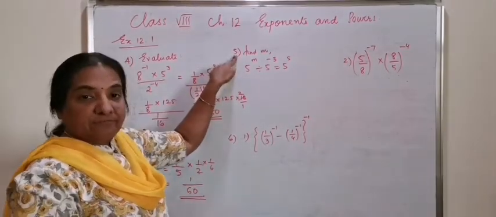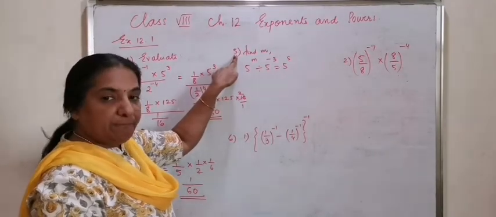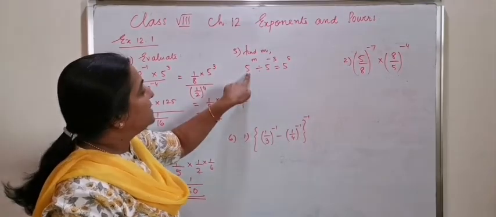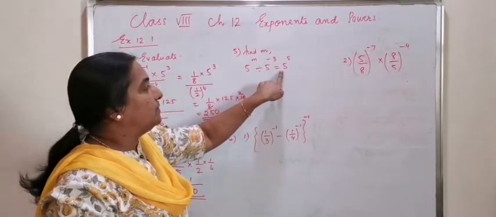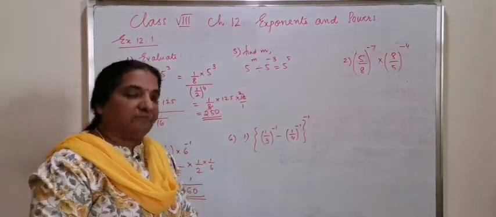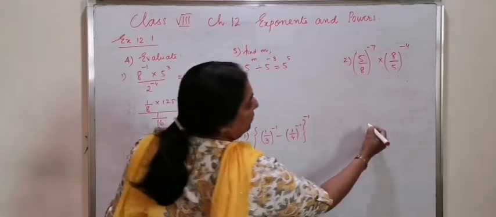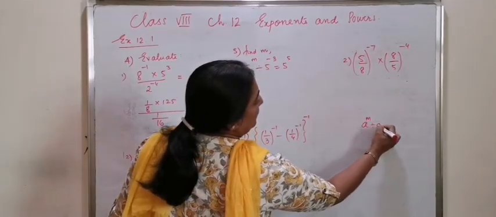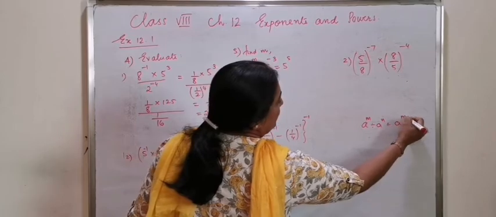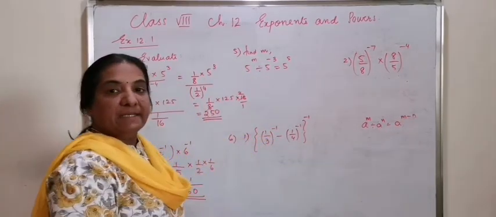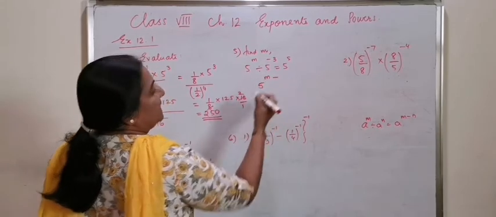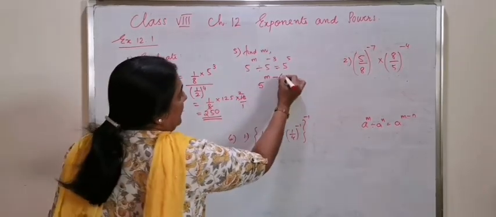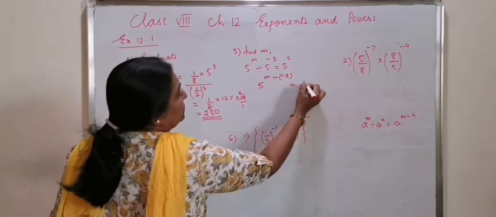Question number 5. Find the value of m if 5 raised to m divided by 5 to the power of minus 3 is equal to 5 to the power of 5. Let's apply the law of exponent. a raised to m divided by a raised to n is equal to a raised to m minus n. That is 5 to the power of m minus, the power is negative 3,